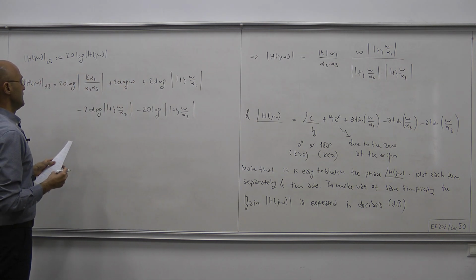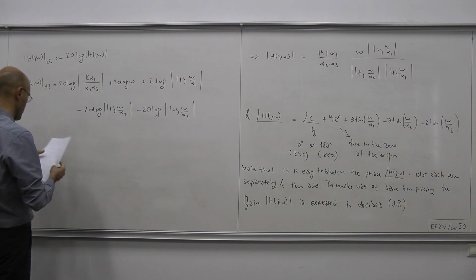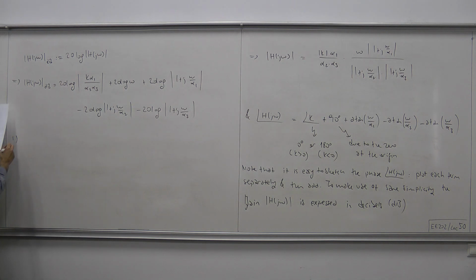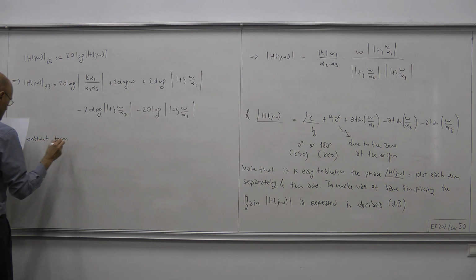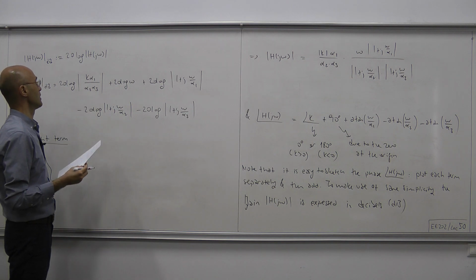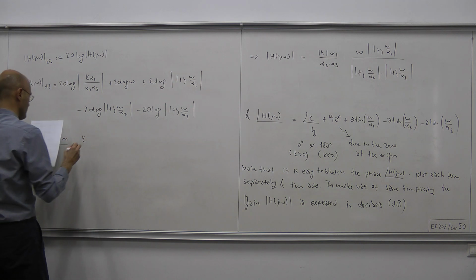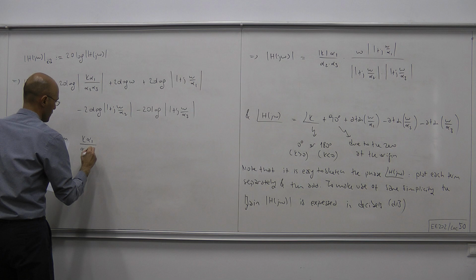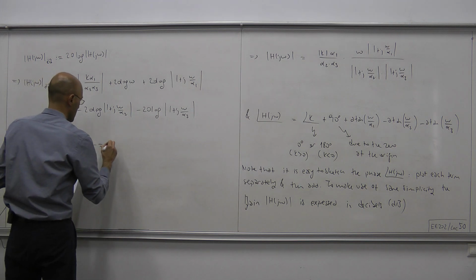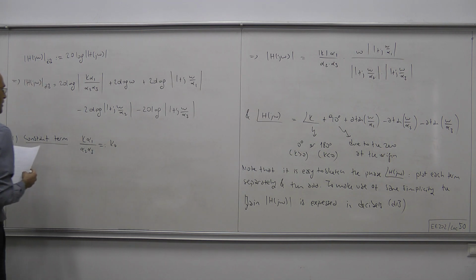Now let's analyze each type of term separately. We begin with the constant term, namely this term, K α1 over α2 α3. Let's call them all together K0. Now 20 log of the magnitude of K0